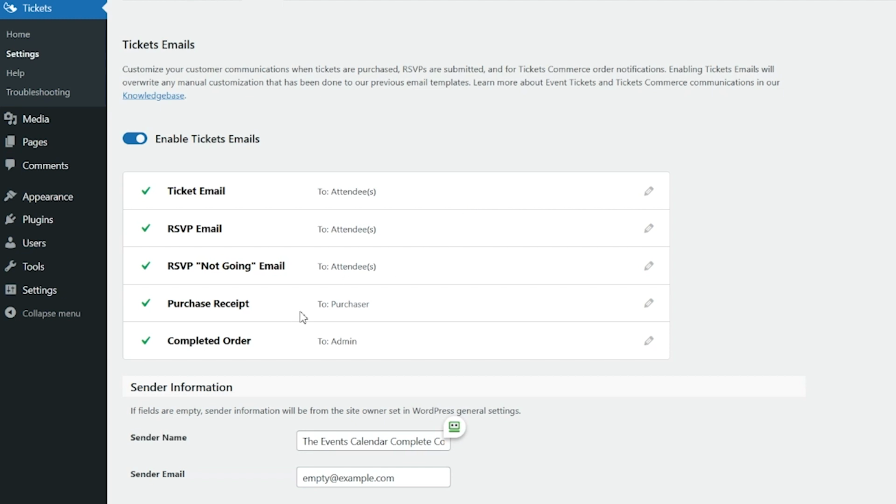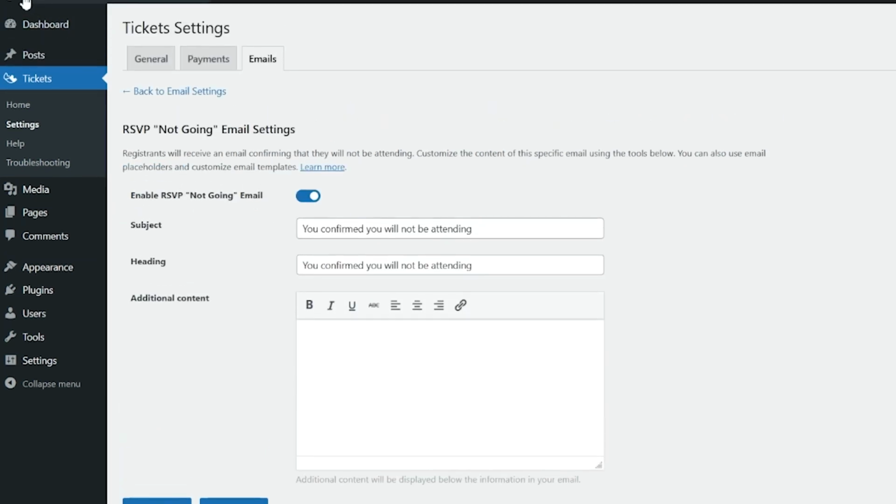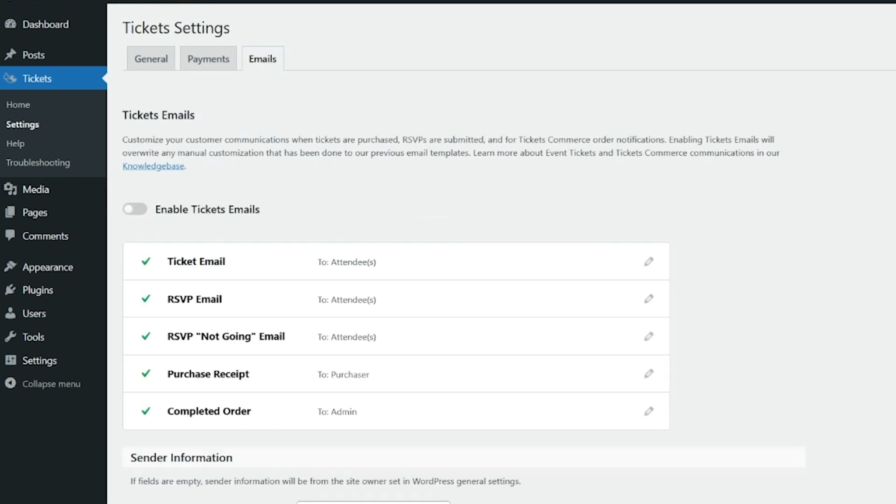Then we have a purchase receipt, and the purchase receipt is something that a buyer gets once buying a ticket via Tickets Commerce. And then we have completed order. The completed order confirmation a site admin gets once a Tickets Commerce order has been completed. As you can see, there are pencil icons allowing us to edit these. If we want, we can configure these. And we also have a detailed knowledge base article that we'll link to in the chat below that contains detailed